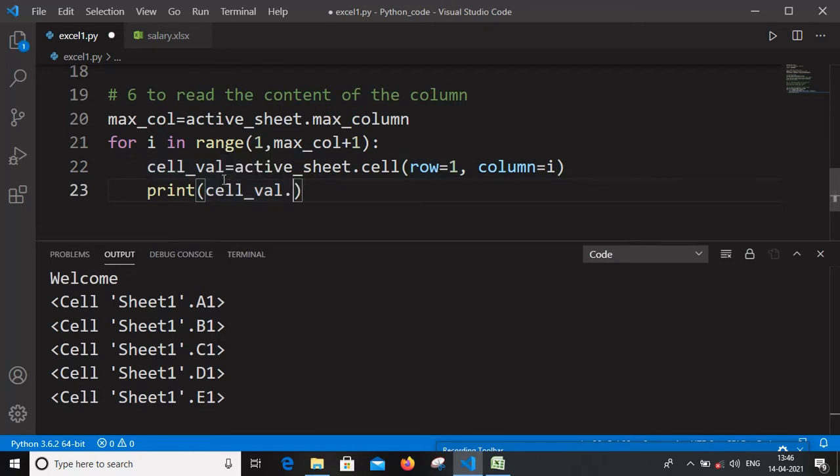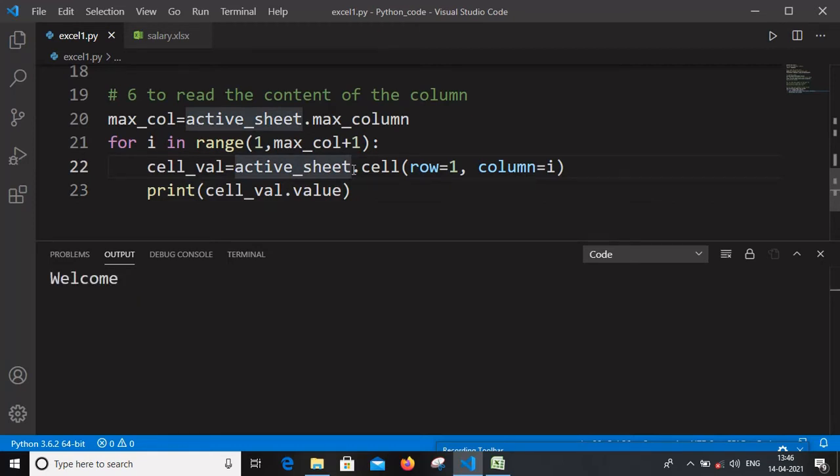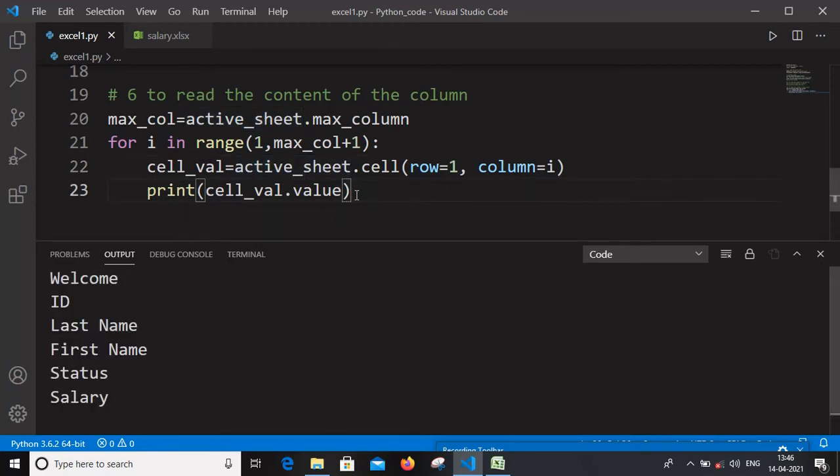I want to print the value which is inside the cell. So I use a value method. Using that, we can print the value which is inside the cell. So I just save and compile the code. You can see now ID, first name, last name, status and the salary are going to be printed, which is